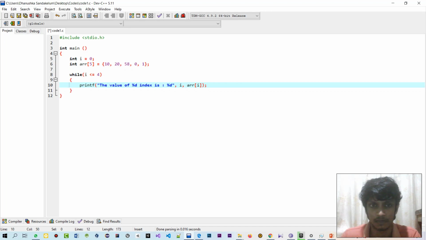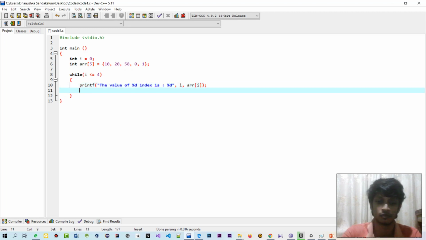Then the second line will be first index because i is 1. Just like that, there will be 5 lines for i, and likewise arr[i] means the corresponding element. So arr[0] means 10, arr[1] means 20, arr[2] means 58, arr[3] means 0, arr[4] means 1. Likewise, all the elements will be printed.